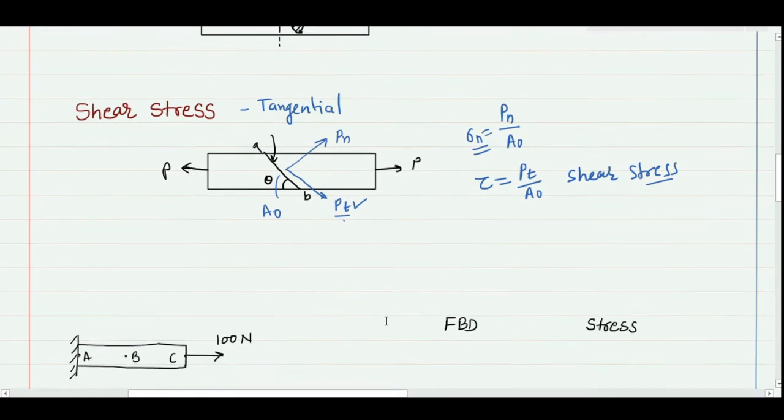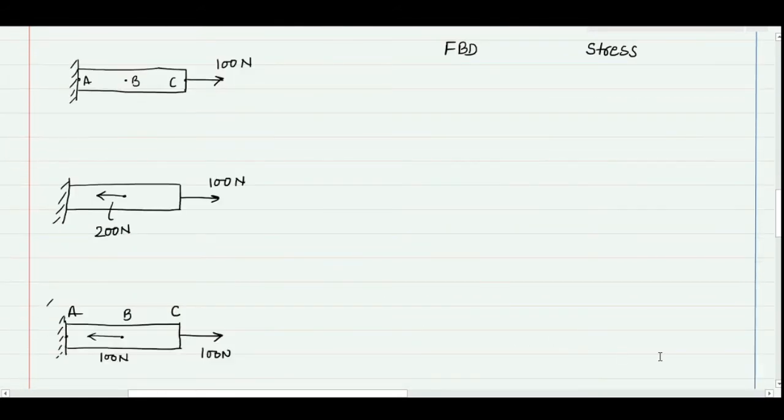After that, let's solve one very important problem, that is the forces within the bar. For that I am showing here three bars, and all three bars have different kinds of loading. Suppose I am interested to find the stresses within section AB, or the change in length in this section AB. To find the stresses and strain in section AB, I have to make the free body diagram of this bar. When I make the free body diagram, I have a force of 100 Newton here, and the support will also apply an equal and opposite force. So I will have another force of 100 Newton, no other force.